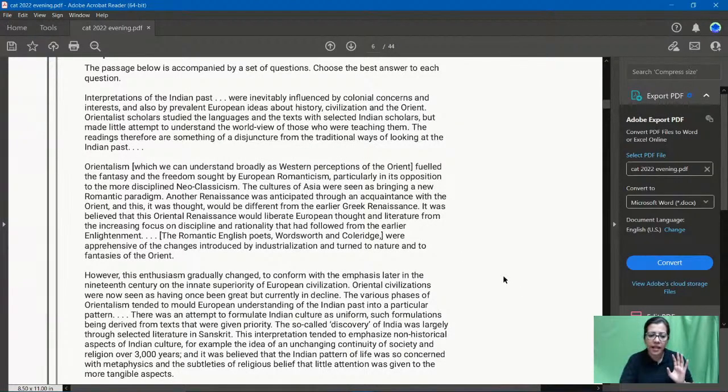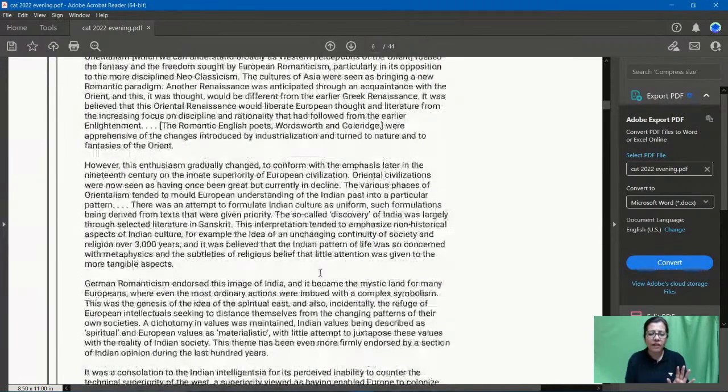Now I just go down and I check the first line of every paragraph. Orientalism, which can understand broadly as Western perceptions, fuel the fantasy. Okay. अच्छा, इसमें यूरोपियन रोमांटिसिज्म, ओरिएंटलिज्म, ठीक है ठीक है ठीक है. ओके, नियो क्लासिसिज्म, ये सब हम पढ़ चुके थे. फाइन, रेनेसांस, ओके, पोएट्स का नाम है. दैट्स इट, आई डोंट नीड टू लुक फर्दर. Go down. Next paragraph में the first line gives me the tone. However, this enthusiasm, so that means इसके पहले वाला जो पैराग्राफ मैंने अभी जंप किया, उसमें enthusiastic था बहुत ज्यादा, and he was talking about ऐसा ऐसा हुआ, ये poets का नाम था, so वो लोग influence हुए होंगे. However, this enthu gradually changed to confirm.